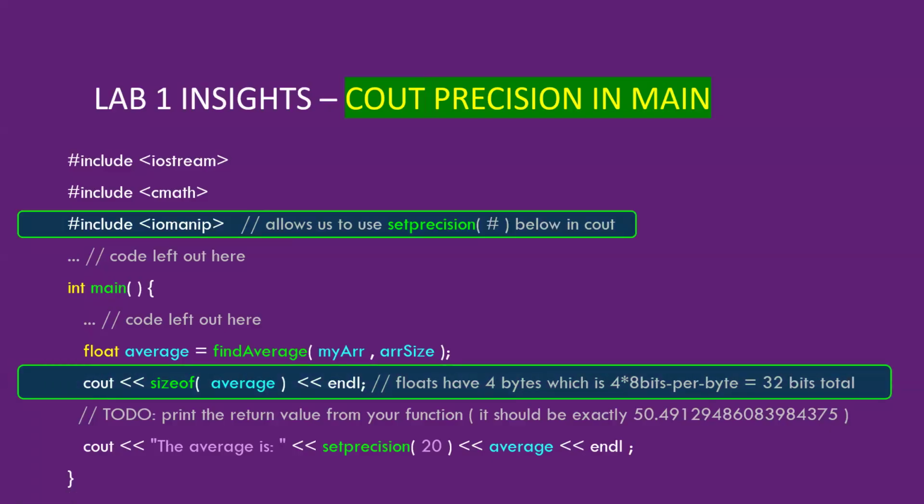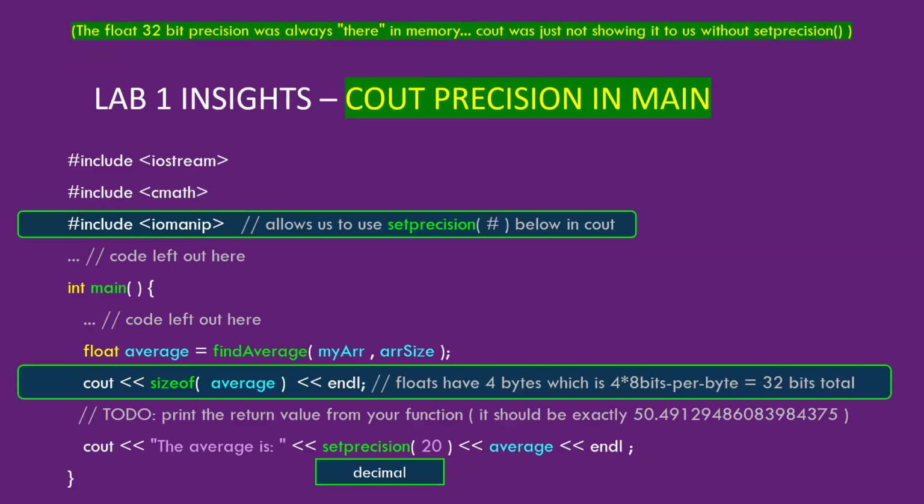And then we can ask, hey, how much precision does the average variable have? That gives me the number of bytes. This precision down here is how many decimal digits we want. So these are two different systems. One's in binary and the other one's in base 10. But more or less, if we just do this part down here, we can see what our actual value is out here. And if you don't see zeros, it's probably a repeating number that has never really resolved itself, like 1/3 or something like that, okay? But we won't dig that deep all the time. It's just interesting to know what's right below our feet there.